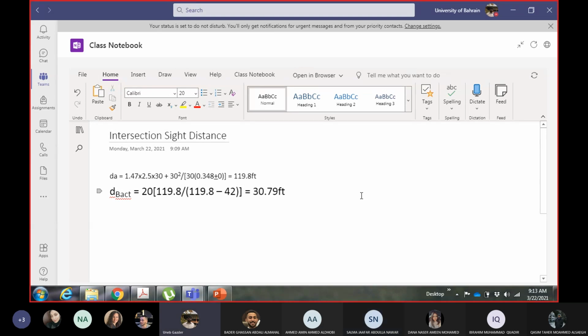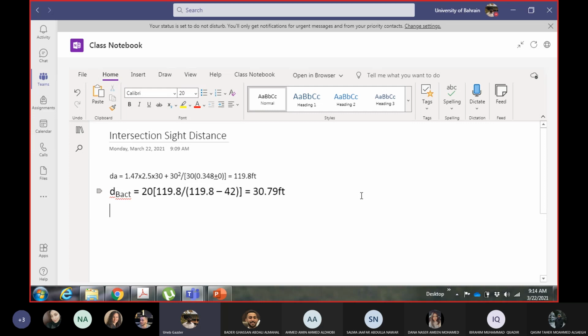30.79 feet. Okay, now let us look at how much dB we require. So this is dA. First of all, we calculated dA, which was 119.8 feet. So we are already assuming that a vehicle is already at a distance which is equal to the safe stopping distance. Obviously, you have to fix the position of one vehicle to get the position of the other vehicle. So the position of the first vehicle is this one. Okay, then the actual distance according to this position from this point, the actual visibility to vehicle B is this much. Okay, let us see how much visibility the vehicle B actually required.